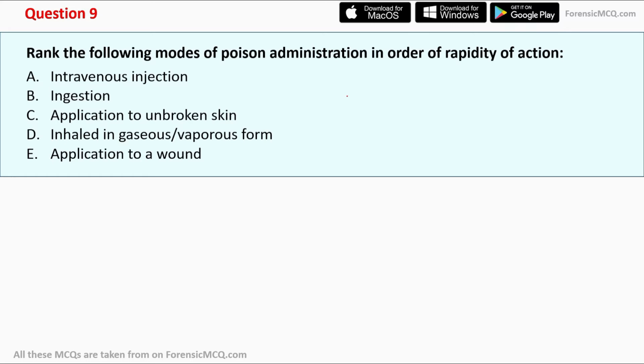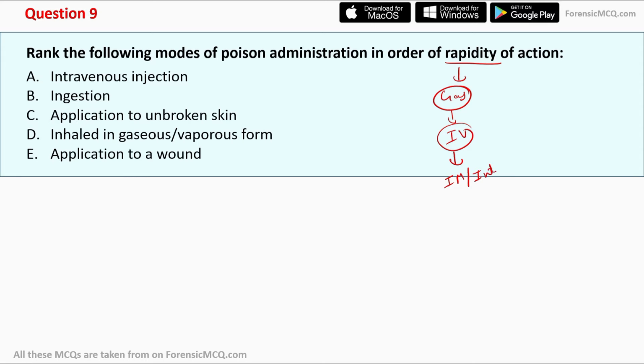So the first one will be the highest or the most rapid mode of action, towards the least rapid mode of action. Before moving to the options, let's first re-evaluate the rapid modes of action. The most rapid is the gas phase. Gaseous or vapor forms of substances are the fastest acting. After inhaled vapors, the next most rapid is intravenous injections, or IVs. And after that, the intramuscular injections